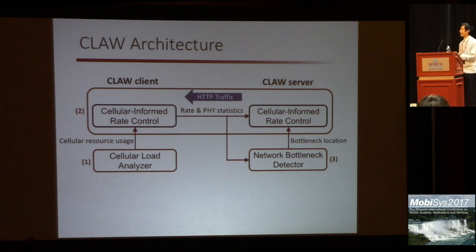Our design consists of three components. First, we have the cellular load analyzer, which monitors the resource utilization on the physical channel. It then feeds this information to the cellular-informed rate control, which adapts the HTTP traffic rate from the web server